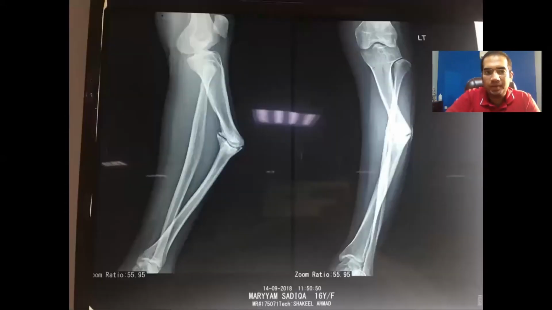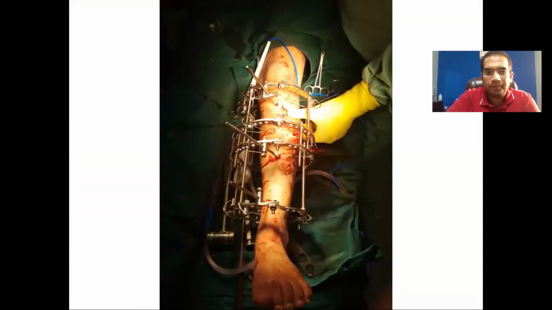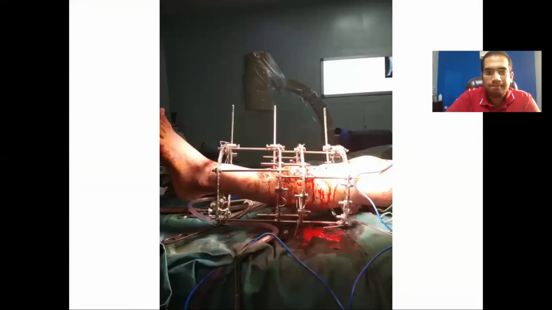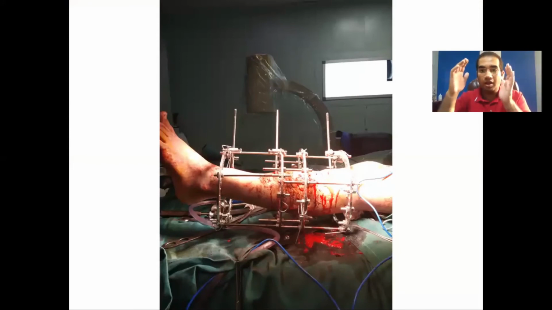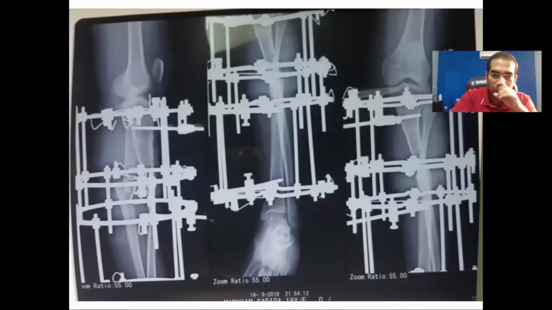So in this case, as you can see, this was the deformity. This was my planning. I had to take out a large amount of wedge. In this case, since it was a case of pseudarthrosis, I wanted to remove all the dead soft tissue as well. So I had to remove a large amount of wedge so that I do not end up stretching the vessels and nerves and compromise the neurovascular status. You can see the edges have been approximated.